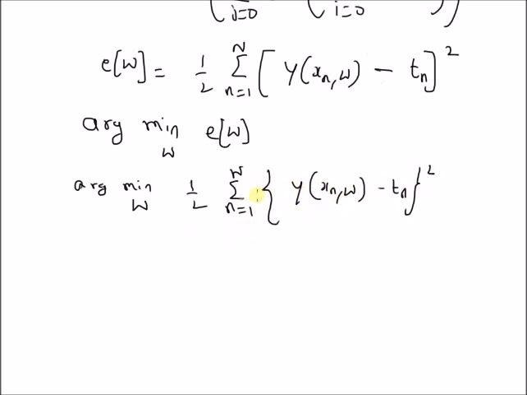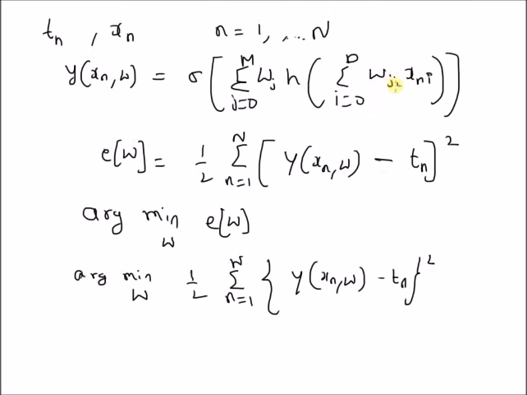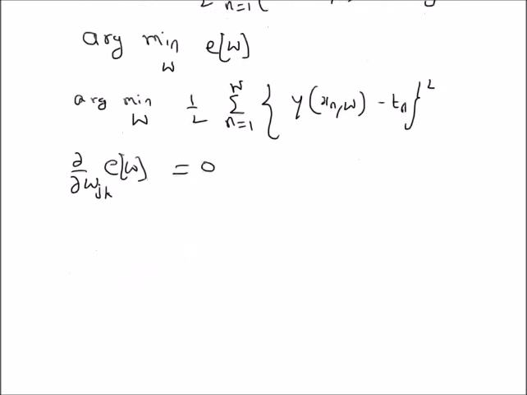This can be minimized by differentiating with respect to the weight vector w, or with respect to one of the values of w. So for example, in order to find the weights in the input layer, we can differentiate with respect to wji's. By differentiating the error function with respect to one of the weights in the input layer, wjk, and equating it to 0, we will be able to find the first equation for the weight vector. This can be done as follows.